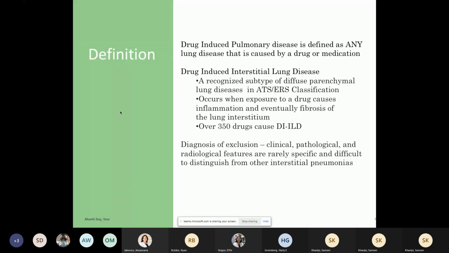And I believe there are over 1,300 medications that are known to cause some sort of pulmonary disease. And we're going to differentiate those out in a little bit. This is a diagnosis of exclusion, and like a lot of the clinical talks we've had lately, you want to rule out infections, and other things, malignancy and such. But there are no real hallmark clinical, pathologic, or radiologic features that can guarantee this is your diagnosis, or really differentiate it from other interstitial pneumonias, other than thinking about it, stopping the drug, and then potentially